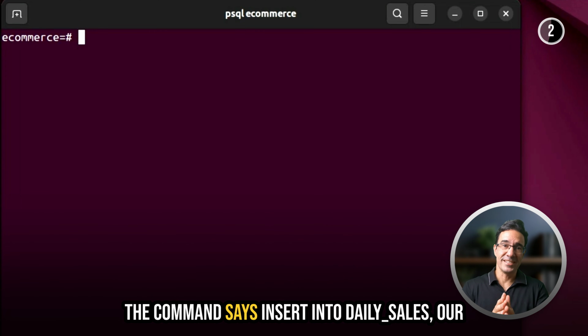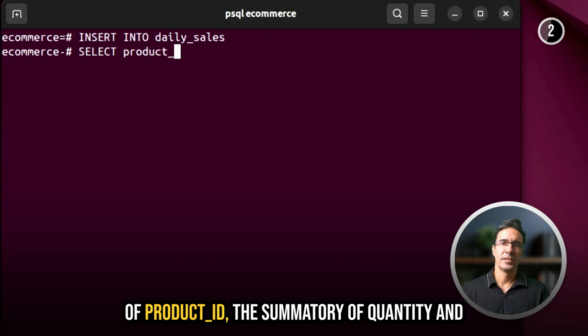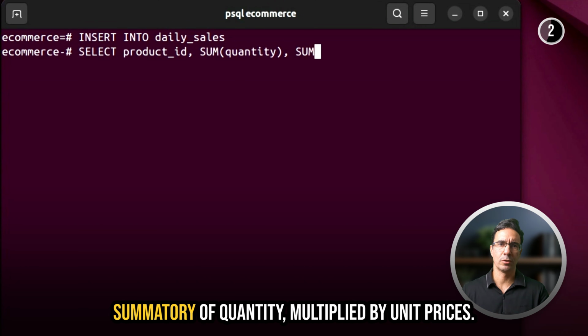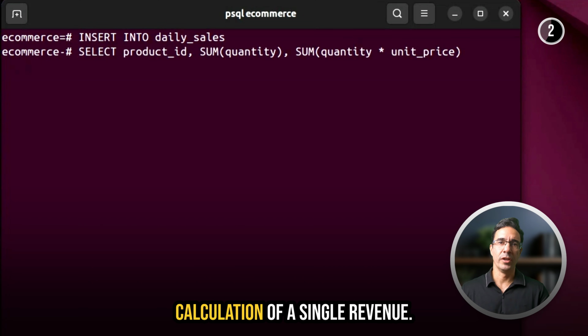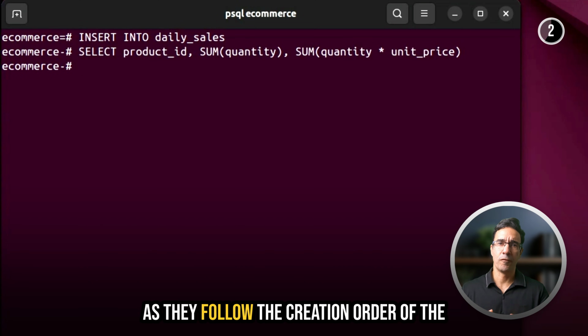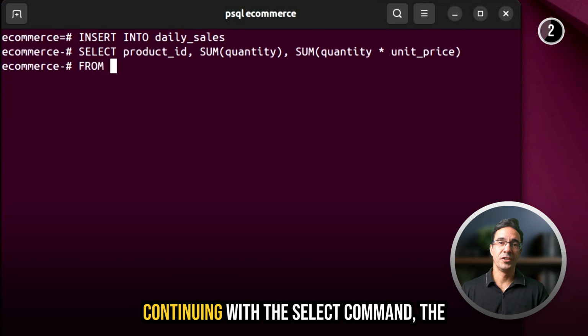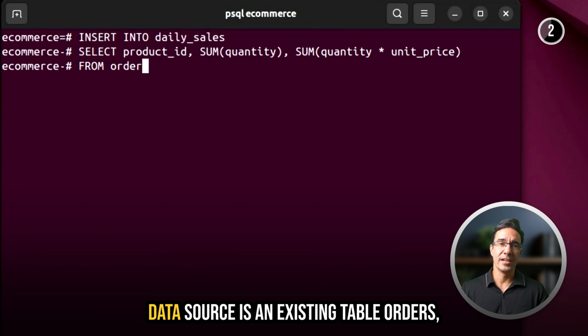The command says insert into daily_sales, our temporary table, whatever comes from select of product ID, the summation of quantity and summation of quantity multiplied by unit price. And that's exactly the calculation for single revenue. The order of fields in this select is important as they follow the creation order of the fields in our previous create table command. Continuing with the select command, the data source is an existing table, orders,